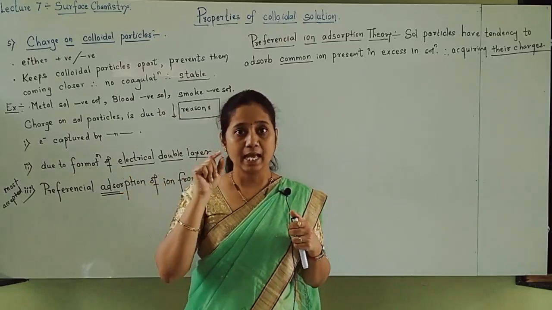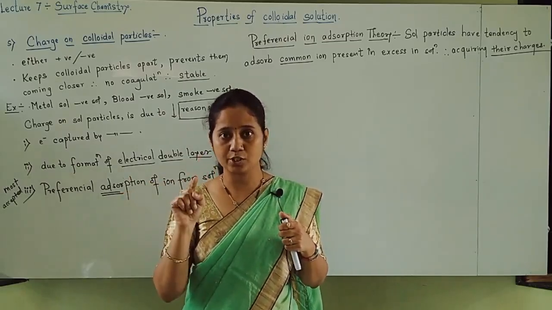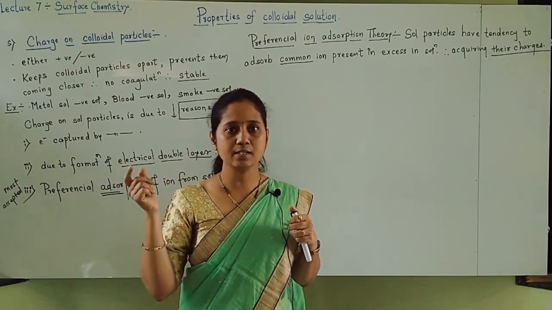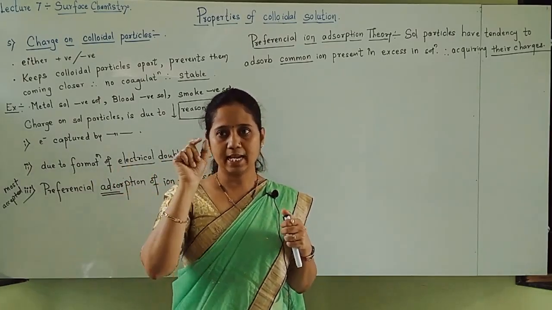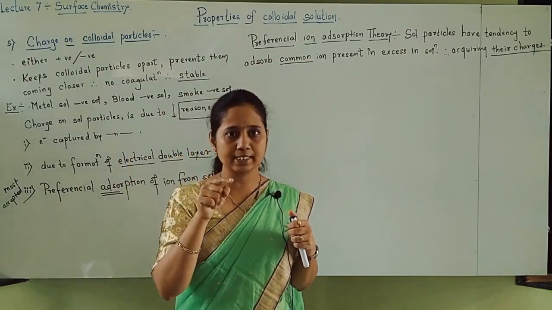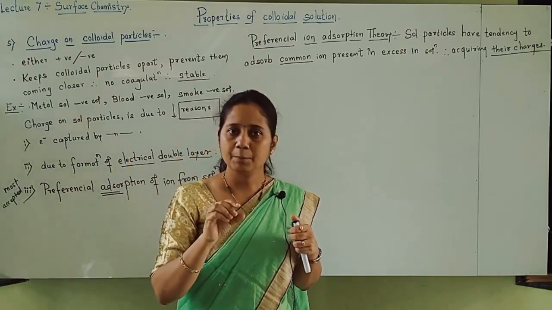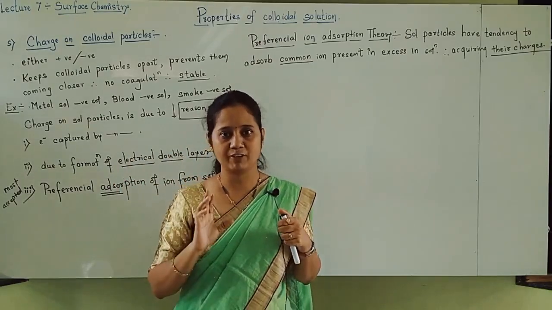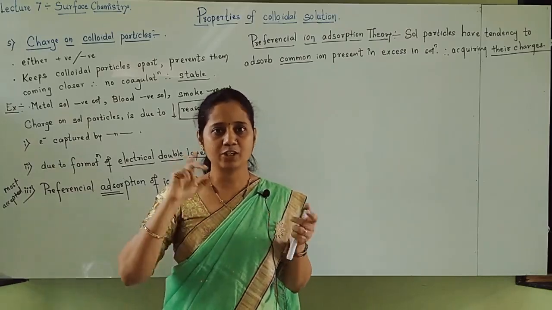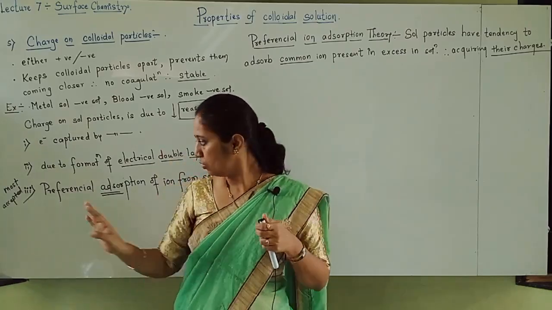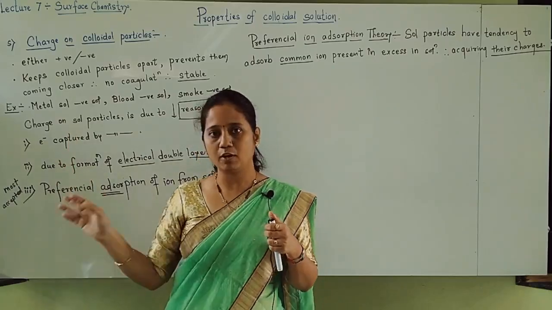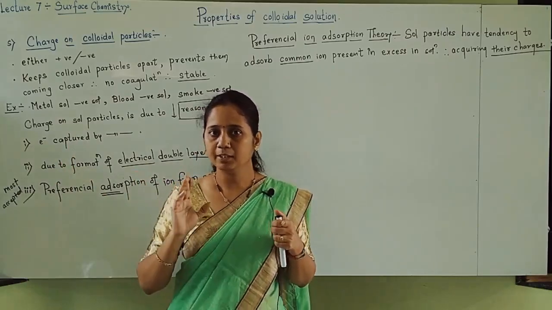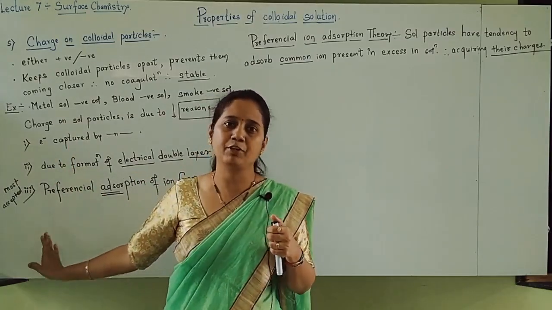Colloidal particles adsorb ions from the solution. From where will the ions come? We are adding a small amount of electrolyte, which dissociates into ions, and those ions get adsorbed on the surface of the precipitate, which onwards is going to become the dispersed phase, when shaken with dispersion medium. So students, these are the three reasons for charge on the colloidal solution, and the most accepted reason is preferential adsorption.